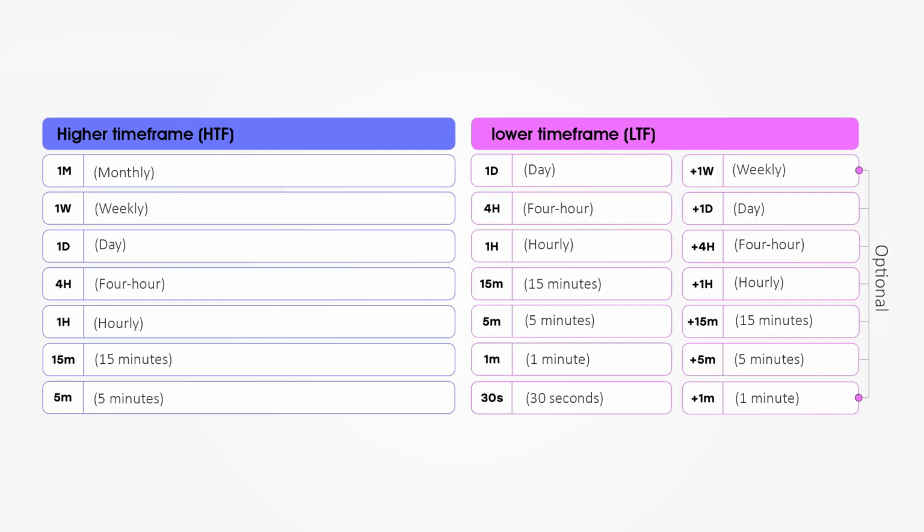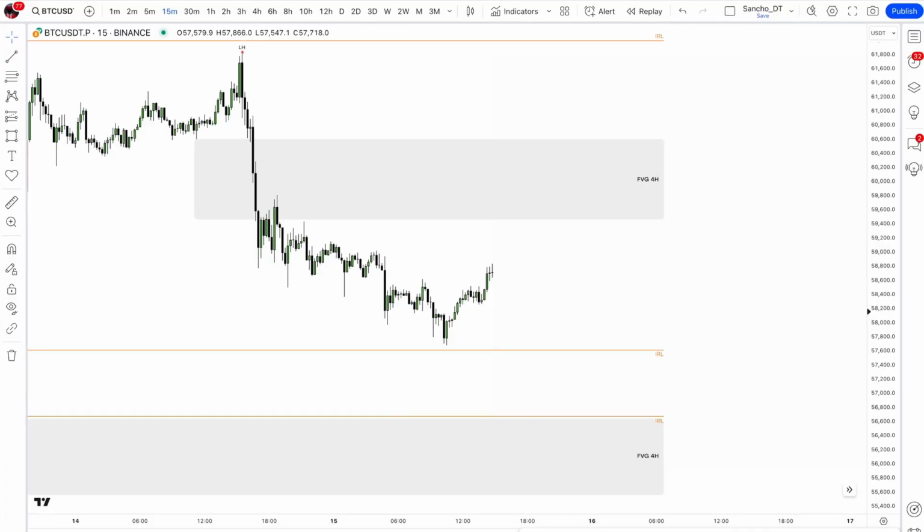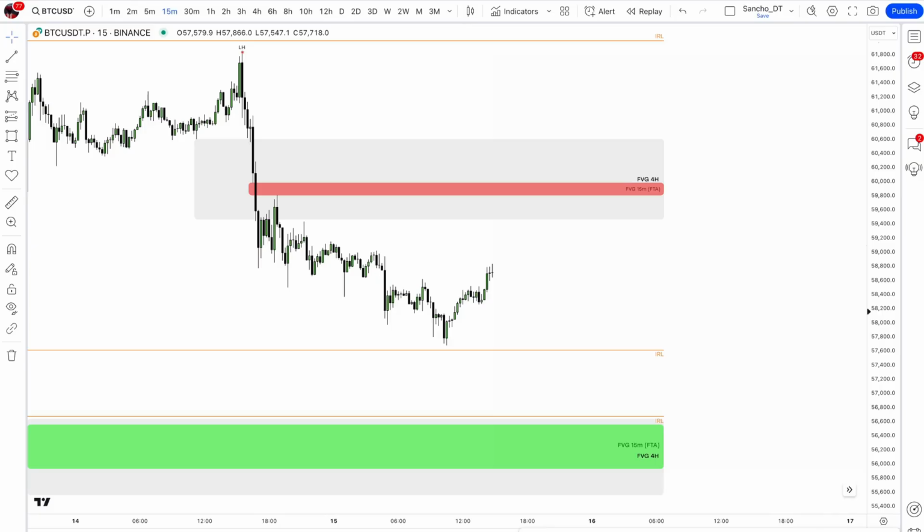Next, we'll move to a smaller time frame to see what actions to take in the zones of interest to increase the likelihood of success. Transitioning to a smaller time frame plays a crucial role and allows you to achieve three important objectives: refine the zone of interest identified on the higher time frame, confirm the reversal, and most importantly, find the optimal entry point